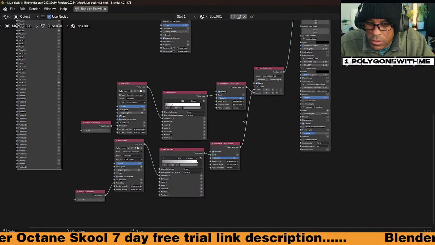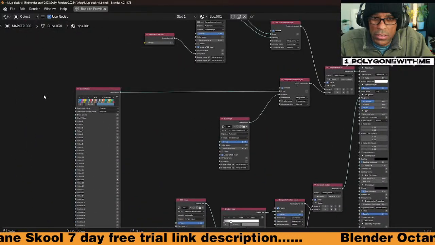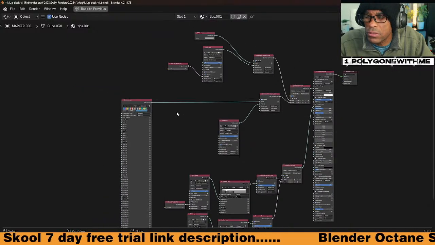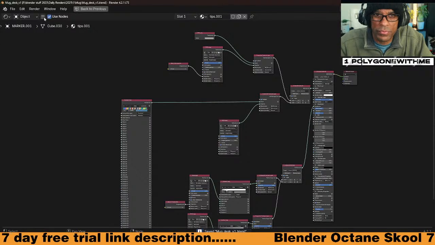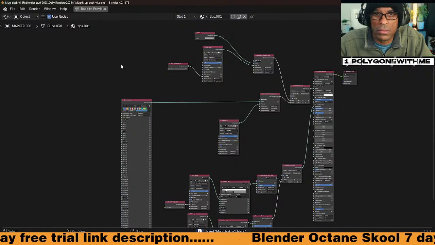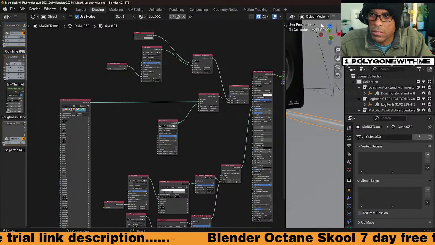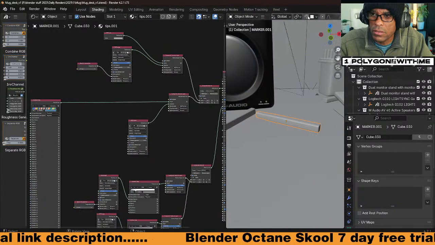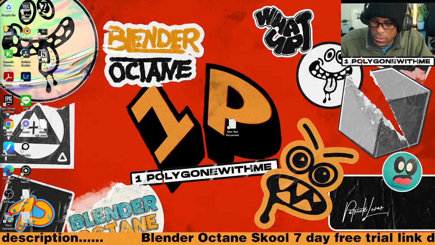Because I'm using composite texture. Okay, so watch. I'm gonna delete this for a moment here. Save it. And try again. Nope. Okay, hang on. Let's try again.